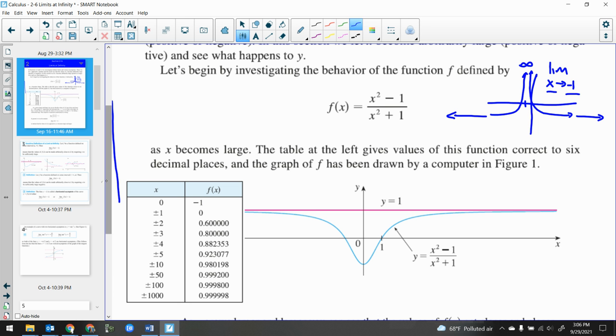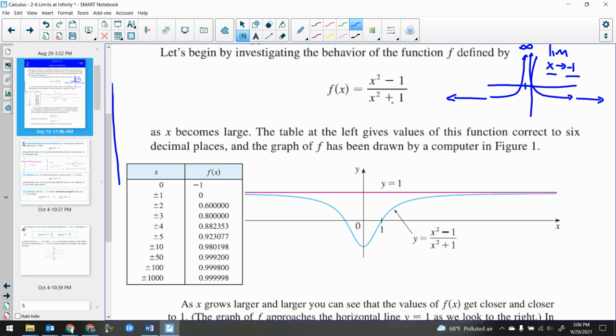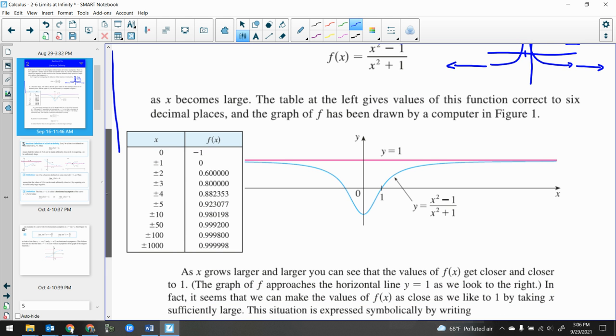So let's investigate that by looking at this function here, x squared minus 1 over x squared plus 1. Now, as x becomes large or small in this case, this is what happens. Take a look here. Examine this table here. I'm just taking x values and plugging them in, and I'm making those x values become very, very big or very, very small. Understand that it doesn't really matter because I'm squaring it, so positive is really kind of the same thing as negative. It does matter sometimes, but in this case it doesn't.